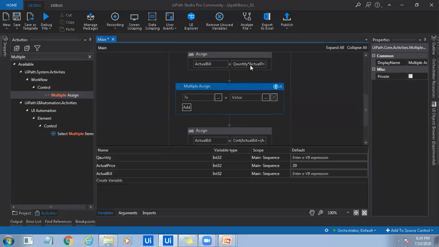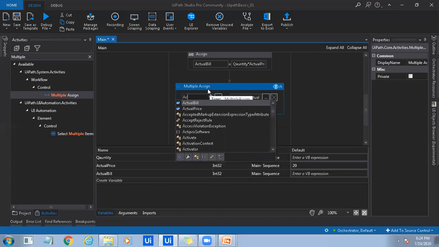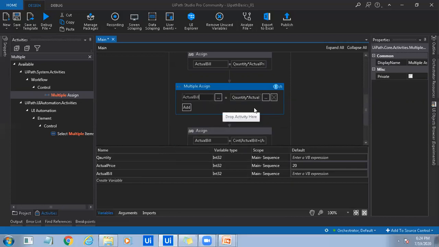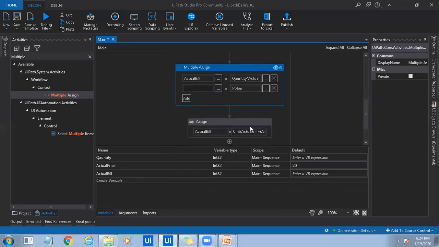which will let you build multiple expressions in one particular activity. So here I will copy this and I will paste it here, and here it is actual bill. Okay, and then you can add this expression also over here just by clicking Add. So the second expression can be built. I want to store the tax amount separately since the user wants it to be shown. So what I can do is that